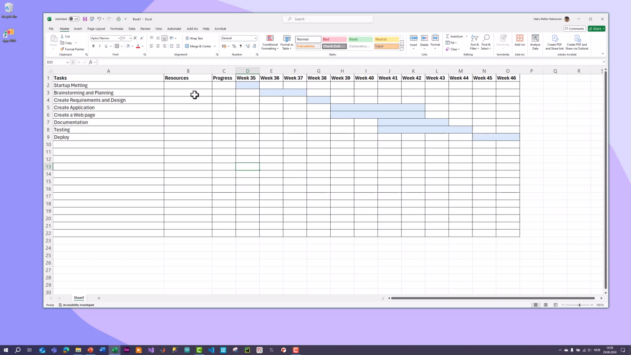The next we need to do now is to set who should be responsible for these tasks. We can just start by typing names here. This should be done by Per. This should be done by Nils, etc. Or we can also create a new sheet here in the bottom. So this sheet should be the Gantt